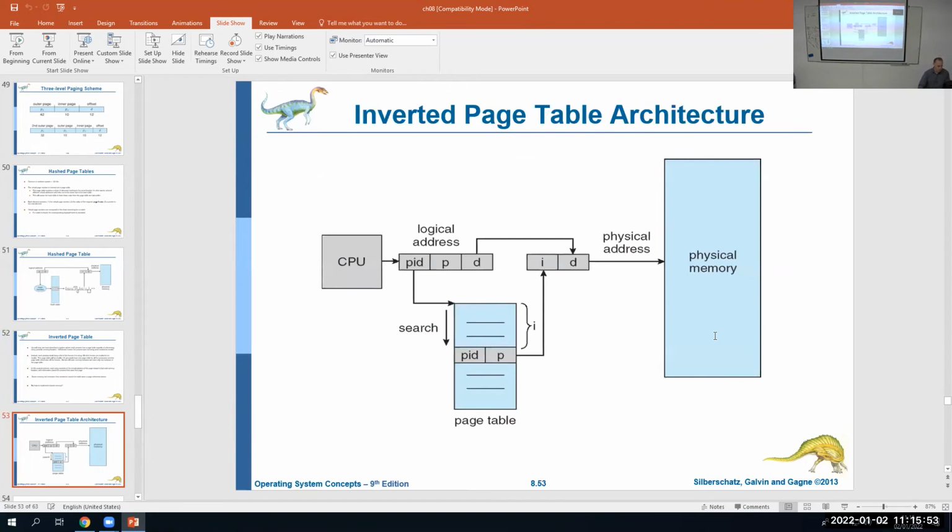All right, so here's an inverted page table. So the CPU, you see how here we have this new thing, PID? Again, the book is thinking of a single page table for the whole system. I was thinking, well, you don't have to do it like that. You could have a different one for each process. It makes more sense. But if you do it this way, then you have to have a PID. You have to search for the PID. First thing you have to do is find his PID. Then you have to find, of the PIDs, the one where the P matches the virtual page that he's looking for. And then